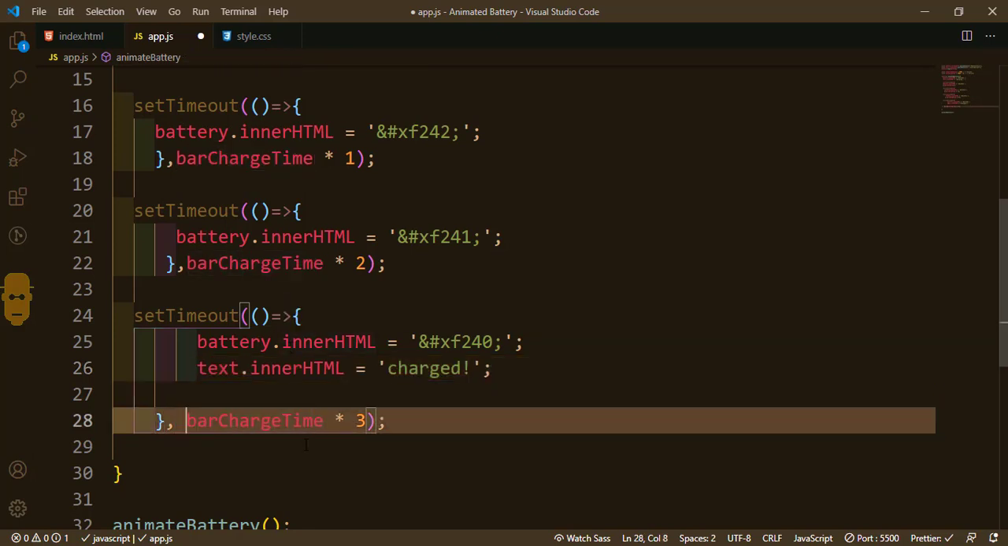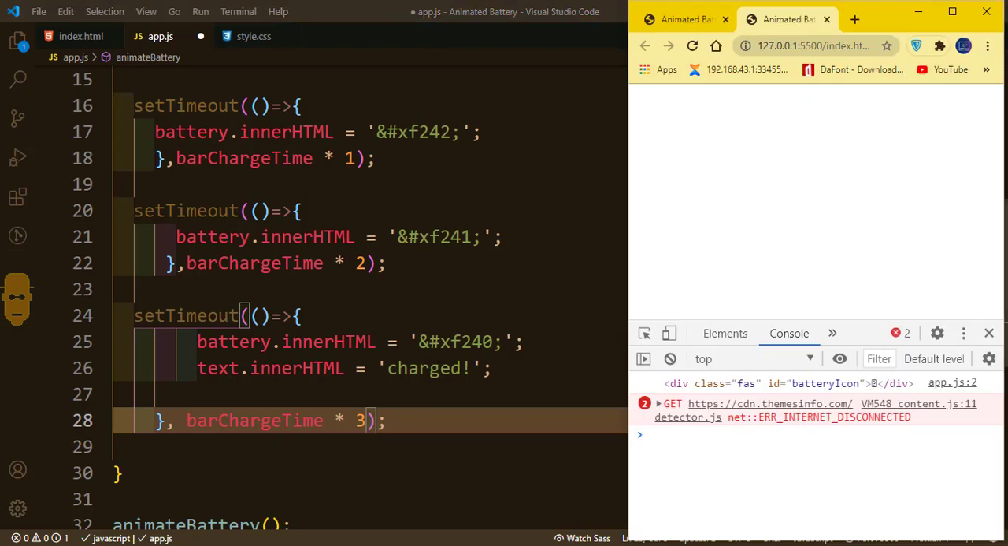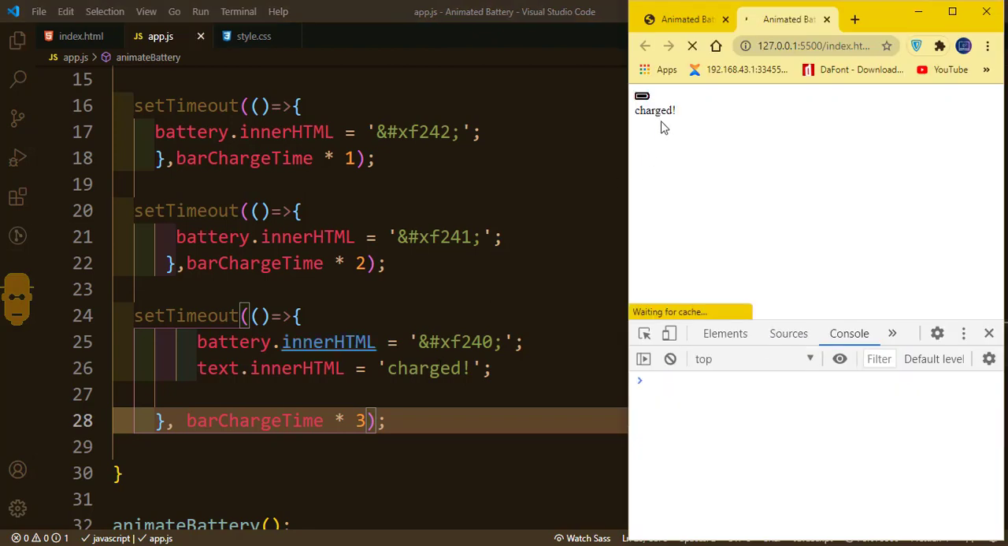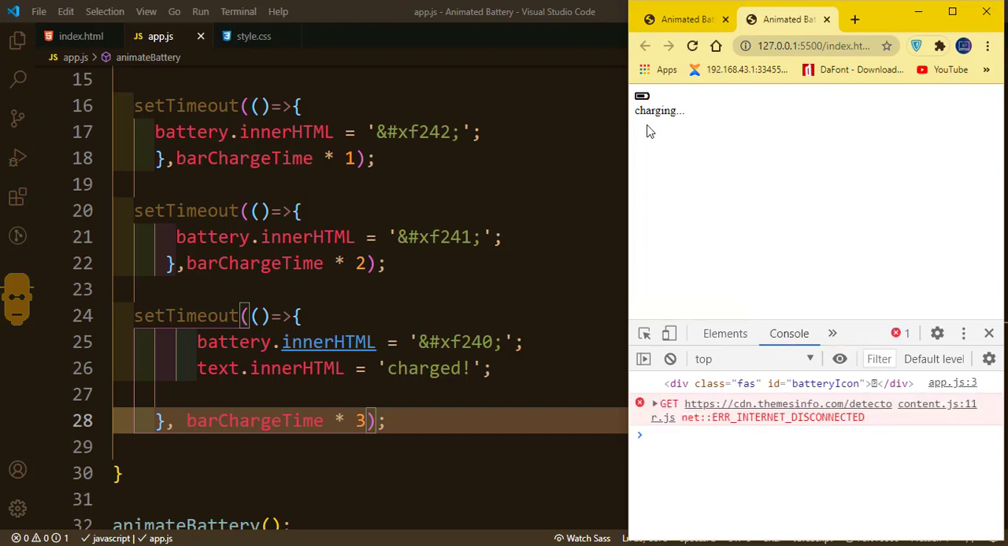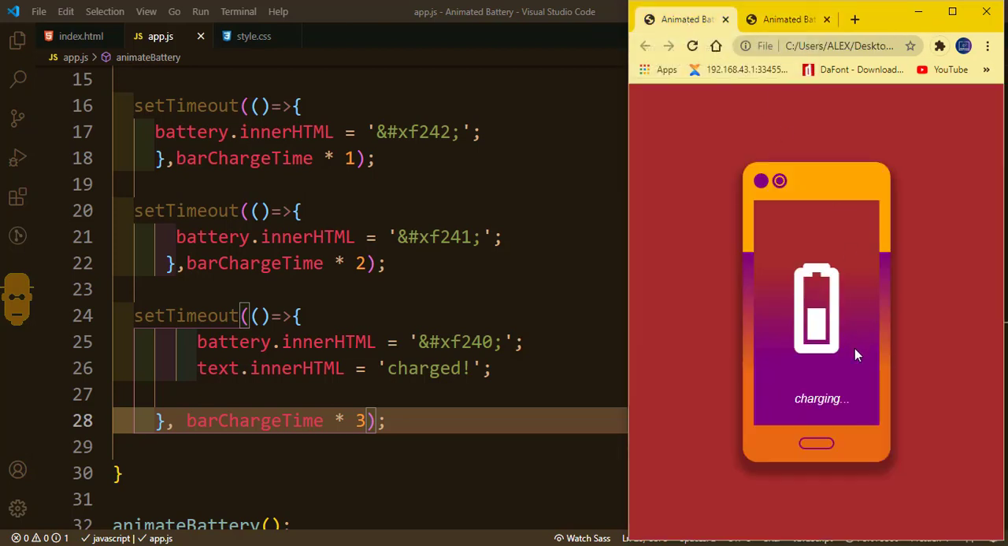So I'll save this and I'll come back here. You see, once it's full, it shows charged. You see it's showing charging. Once it's full, it shows charged. Okay, now there's something we want. Unlike this one, if I come here, you see that the thing is repeating continuously. So how do we make this repeat continuously? We need what is called